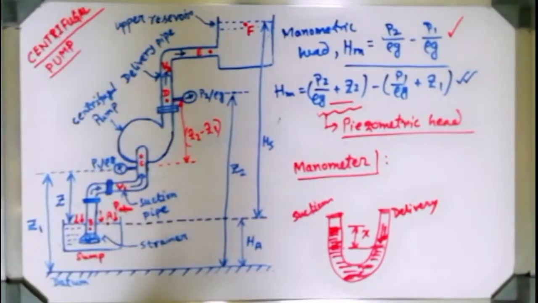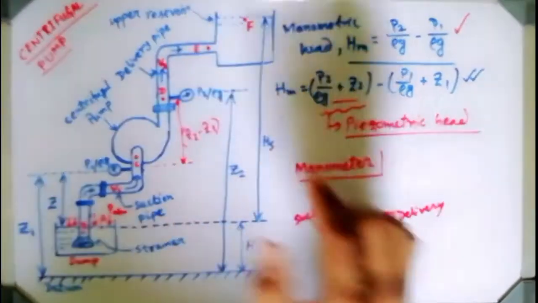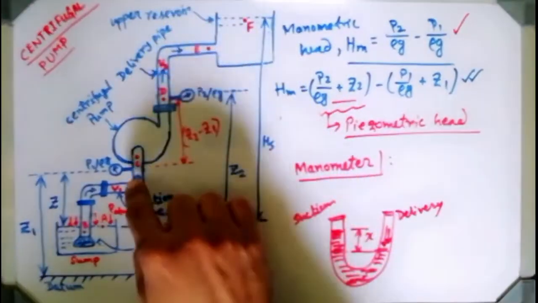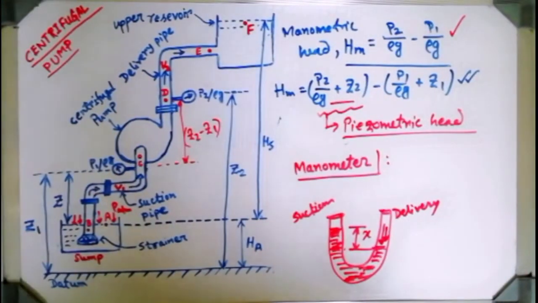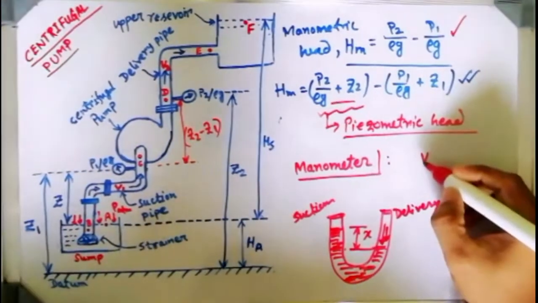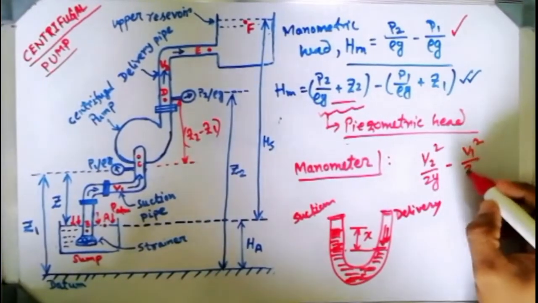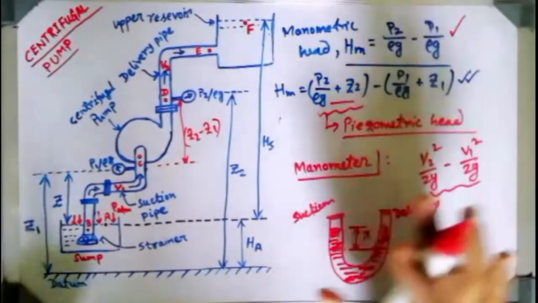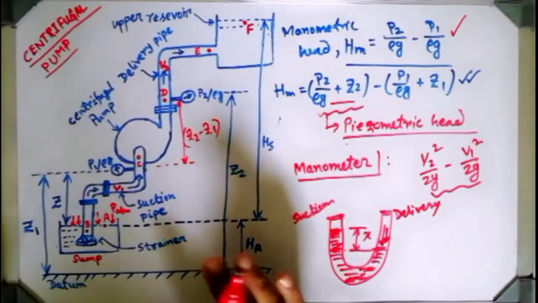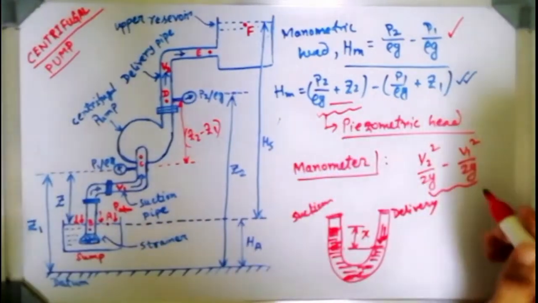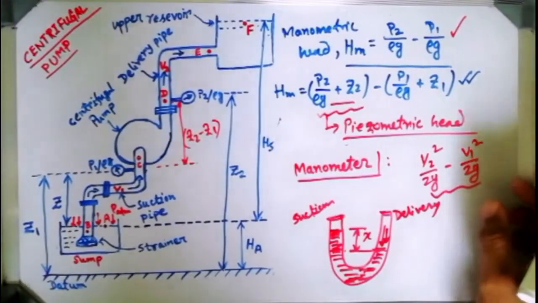I did not ignore it because they are the same. I never said that. I already told you before that V2 and V1 cannot be the same, never. I told you if we get the value of this difference, it is negligible, not zero. I haven't said ever zero, because the velocity will never be the same. I can ignore it only if the difference is negligible. Otherwise you should consider it.